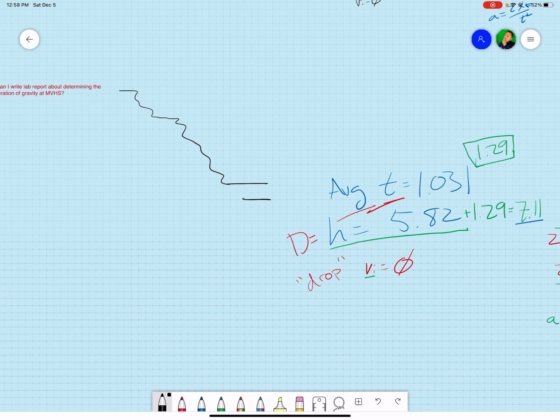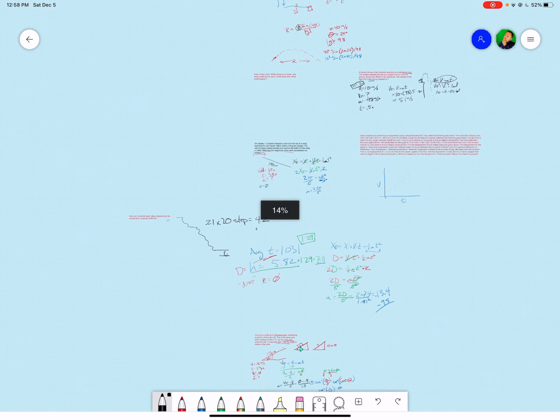you had 0.21 times 20 steps, right? And then you multiplied that out, and I think I had the number, it was something like 4.2. I'll just do it, 0.21 times 20. Yeah, you got 4.2 meters, and then you added the other distances here, and we got a distance of